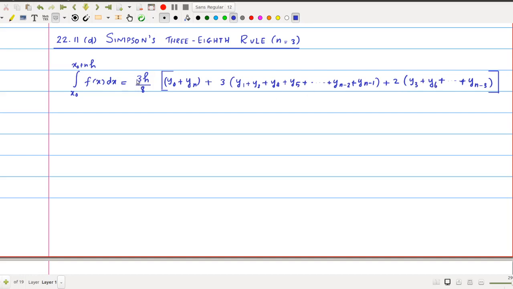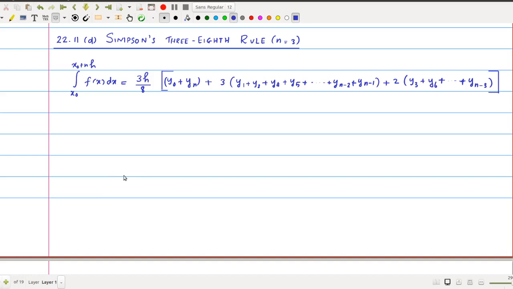This is 3/8 here, so it is easy to remember Simpson's 1/3 and 3/8 rule using this 3/8. Okay, so we can discuss an example for the same. I'm going to use the same example that we discussed for Simpson's 1/3 rule. Then we can easily identify what changes are required. In that case we are asked to use h equal to 1 by 4.